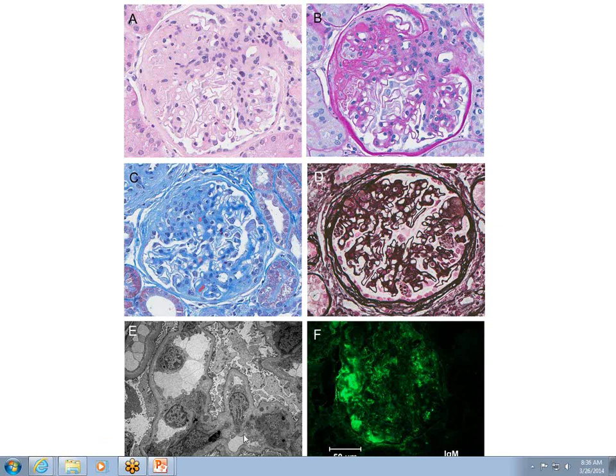Okay. So in the EM, again, we have the podocyte foot process effacement. We have these little things here, and if you all looked at this at a higher mag on your own laptop and not on this huge computer screen, there are electron-dense areas in this mesangium, but the shape of this is such that it is not consistent with immune deposits. If you were to say that there's electron-dense material in the mesangium, that would be fine.